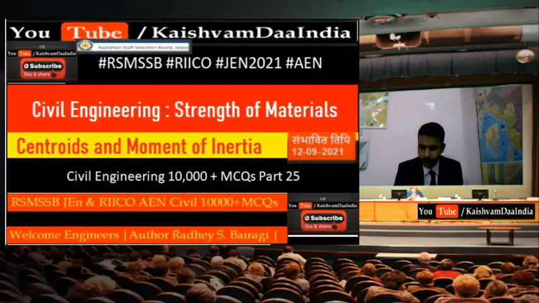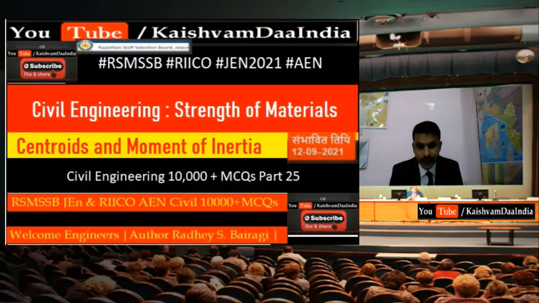Next, which of the following sections will have large shape factor? Diamond. Diamond has the large shape factor than the rectangular, solid circular section and I section. Okay, diamond will be the correct answer here. The distance from the center of gravity of a cutting to that of the tipped material is called average haul distance. That is called average haul distance.